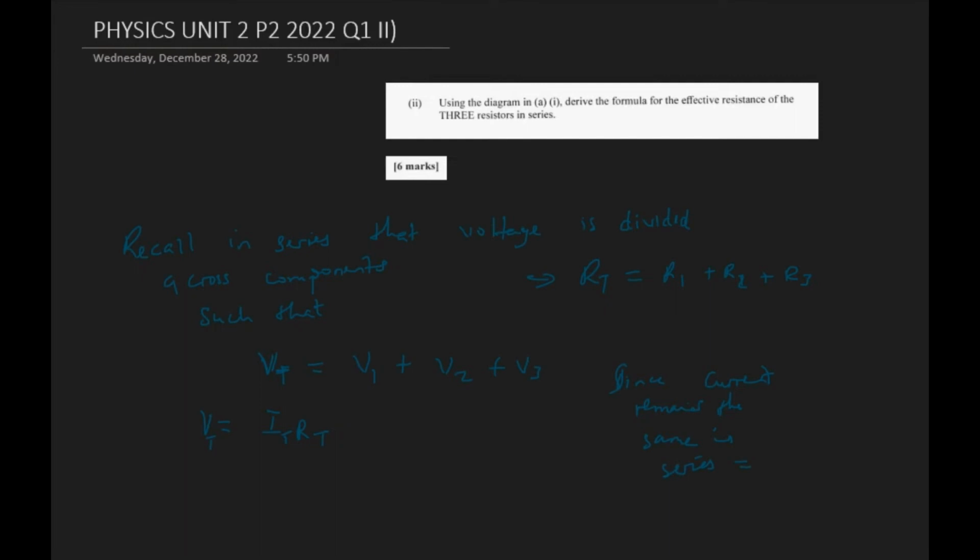With that being said, we can now make a substitution into this equation here. So rather than having VT, we're going to have IT times RT is equal to